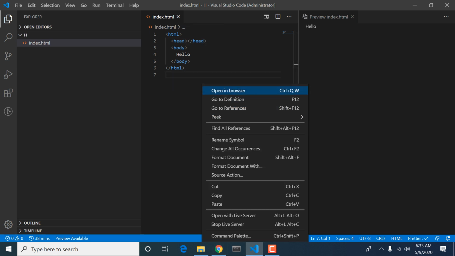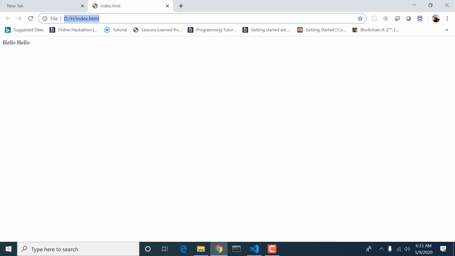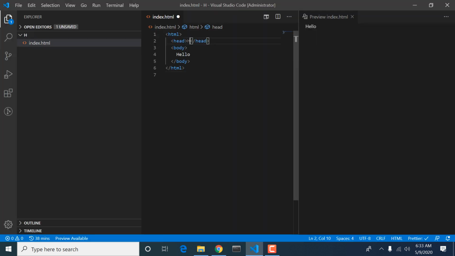When we right-click and choose open in browser, it opens my default browser, Google Chrome. I will refresh, and I just have hello. If I write hello here, a white circle appears.